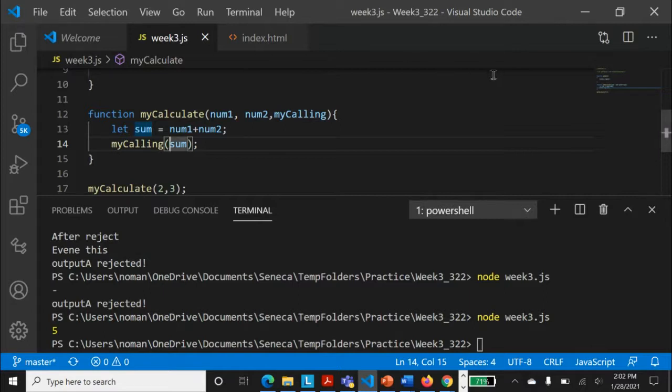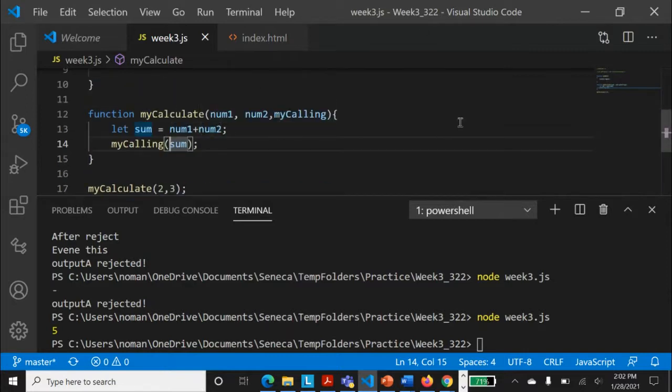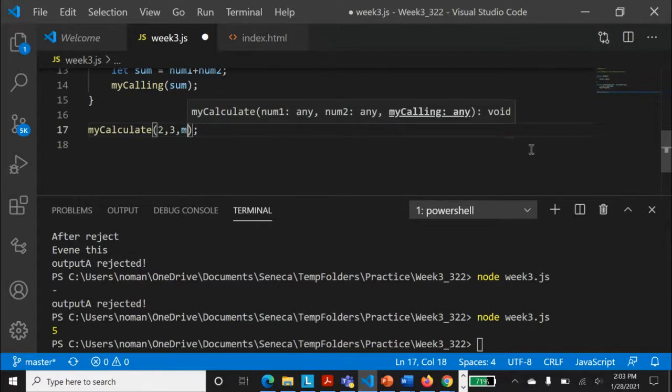So what is that? This function now is basically passed. Now what we are doing is passing this function with a name, like a parameter, my calling, and then this function has been asked to add or sum our display. And now whenever we will be passing that one, here we'll be passing my add, because we are not using the same name, right?